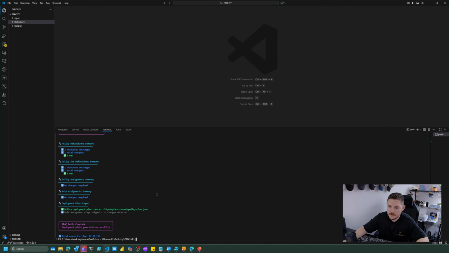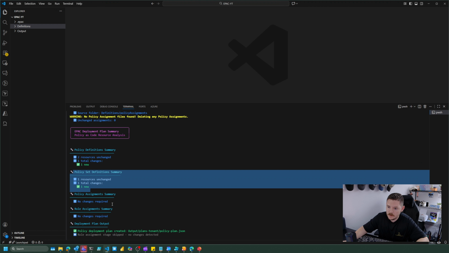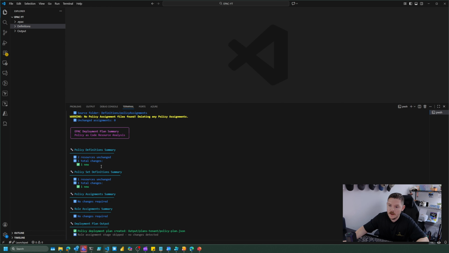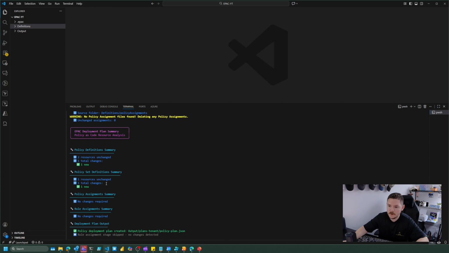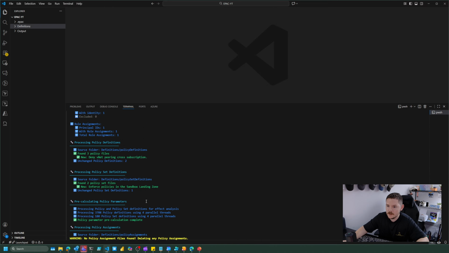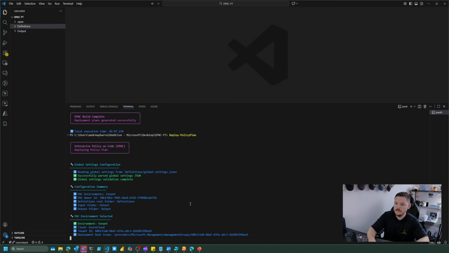All right, so this completed, and we can see here, because we're adding a new policy set that's picked up by EPAC, and also the custom policy definition that's part of that policy set was also picked up by EPAC. And we can also tell, if we scroll up a little bit, we can see for processing policy definitions, the deny VNet peering is there, as well as the enforce policies in the sandbox landing zone. Let's go ahead and deploy this with the Deploy-PolicyPlan